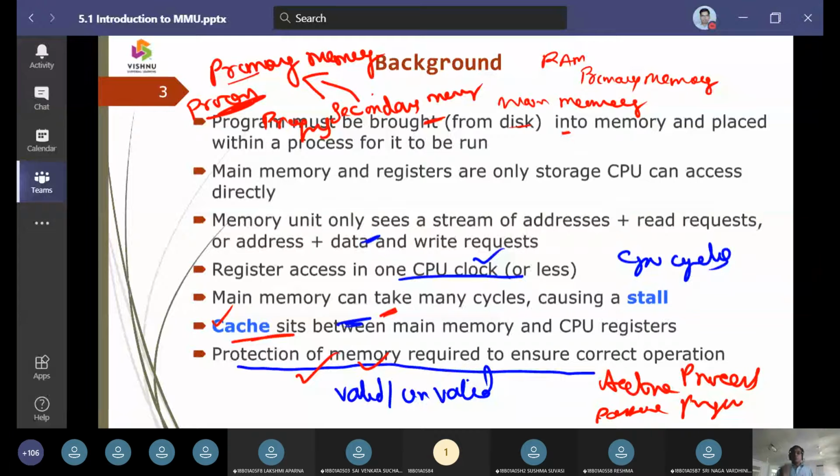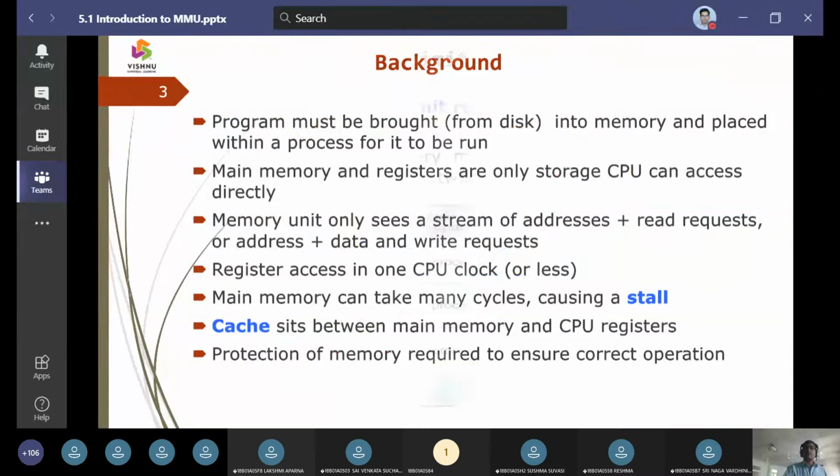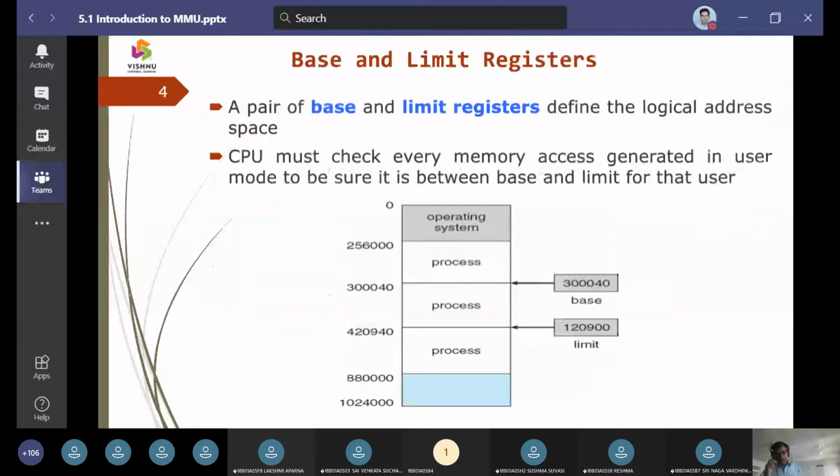As far as the memory unit is concerned, we can make a read operation or a write operation. A read operation is processed by a read request, and a write operation is processed by a write request. That is what is stated as far as the hierarchy of memory is concerned.